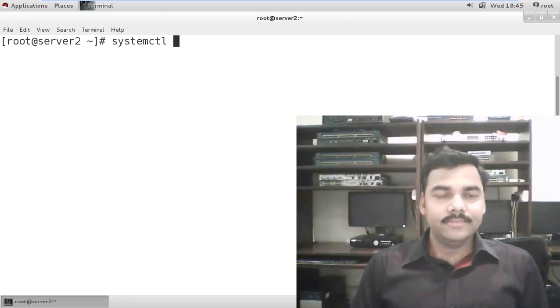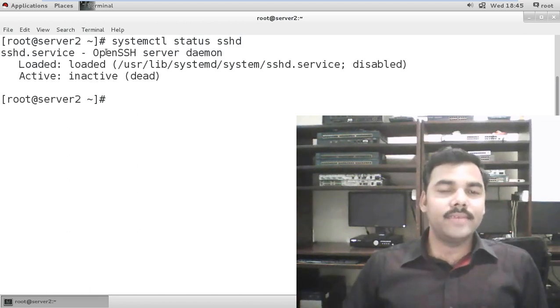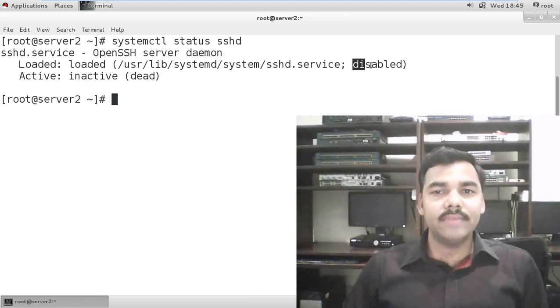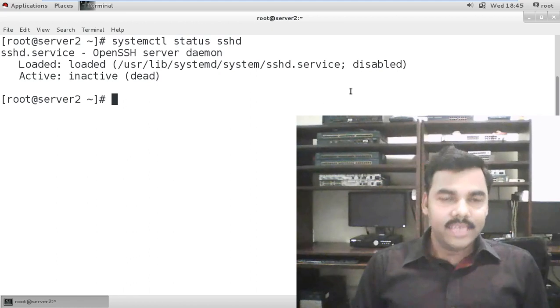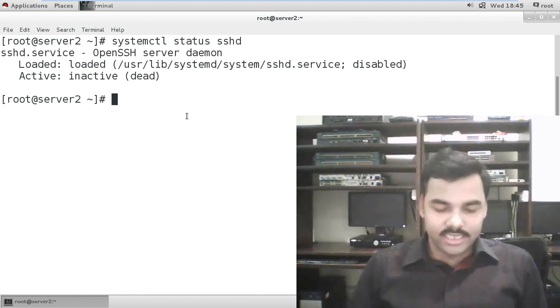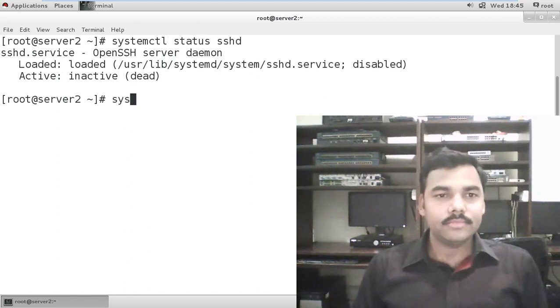So systemctl status sshd. See, OpenSSH server daemon loaded, but it is disabled. It is inactive and dead. Why? Because I have disabled the service at boot time. So how will you enable the service? If you wish, you can view whether it is enabled or disabled with the help of either the status command or there is another command, systemctl